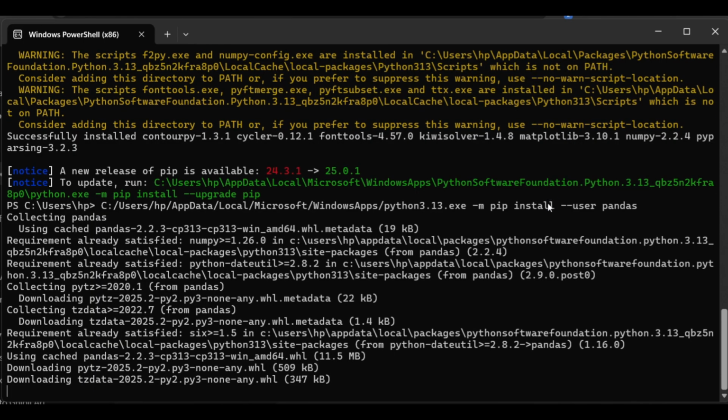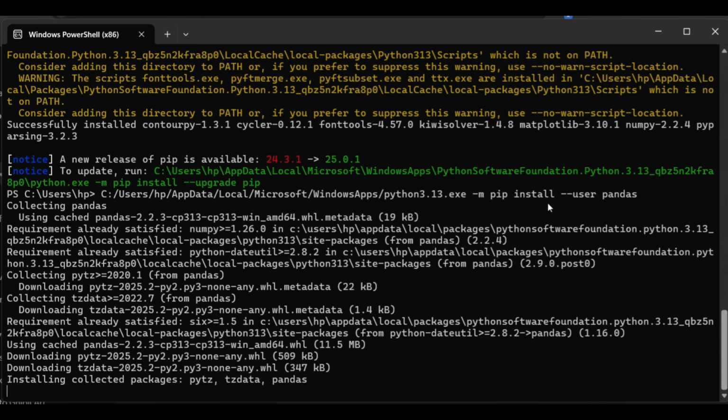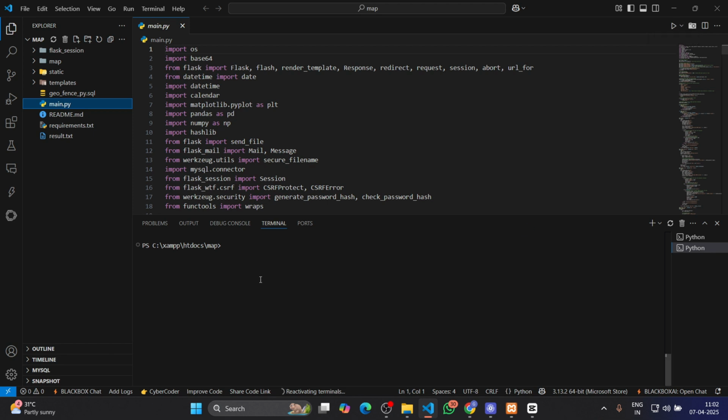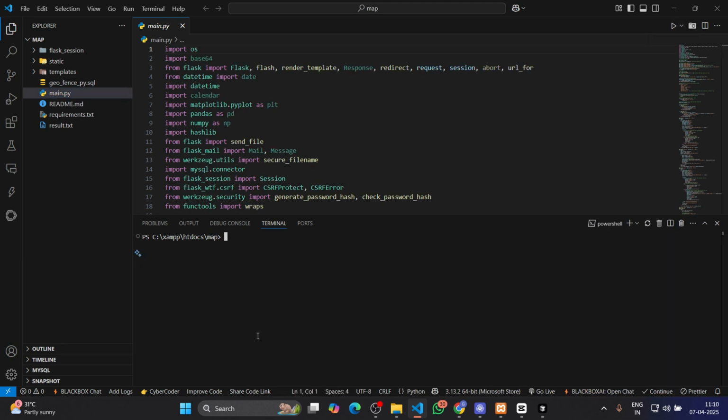So first let's install the modules related to this project. After installing all the modules, then again click on run, or even you can click on the terminal and there you can type python main.py, then hit the enter button.